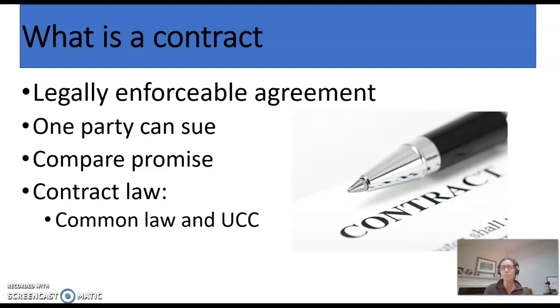The Uniform Commercial Code is not a national body of law like from the federal government, but it evolved through a group of attorneys and practitioners who got together and said, in order for us to conduct business, we need some common contract law. We can't have contract law be so different from state to state because we need to transact business across state lines. So the Uniform Commercial Code only applies to commercial contracts, and we'll talk about those more